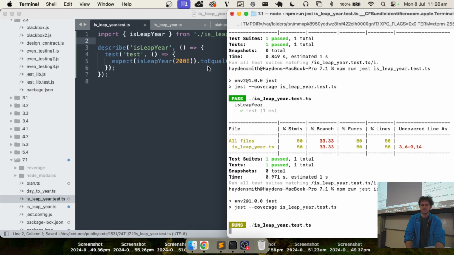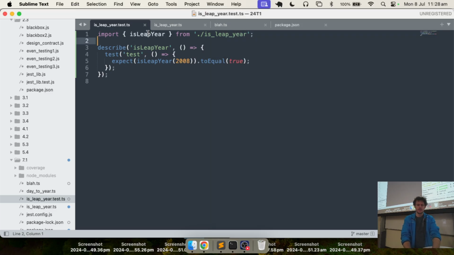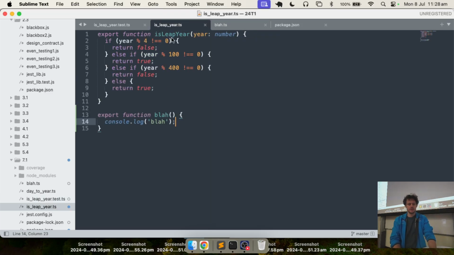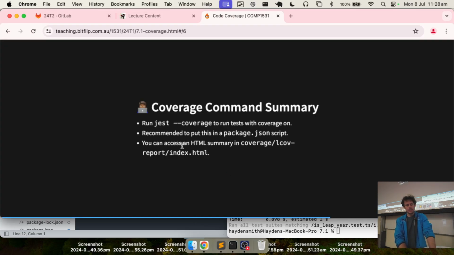If you've got more files, everything that gets imported counts, because it starts out from where the tests are going. So you see in this case, only half the functions, half the statements, and we've got these uncovered lines. Well, we get the functions part, so let's not distract ourselves with this. Now, what you can do is look at those uncovered lines here, and you can track that down. However, another thing you can do, and we mentioned this in the slides for you, is that when you